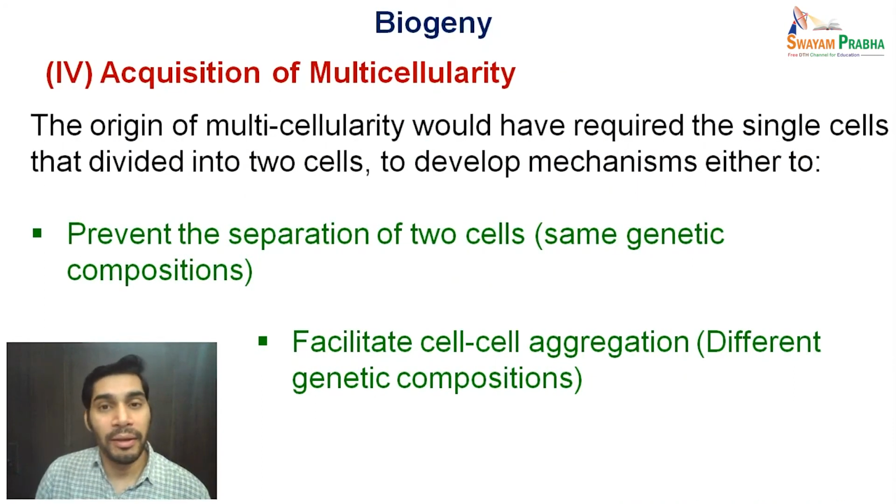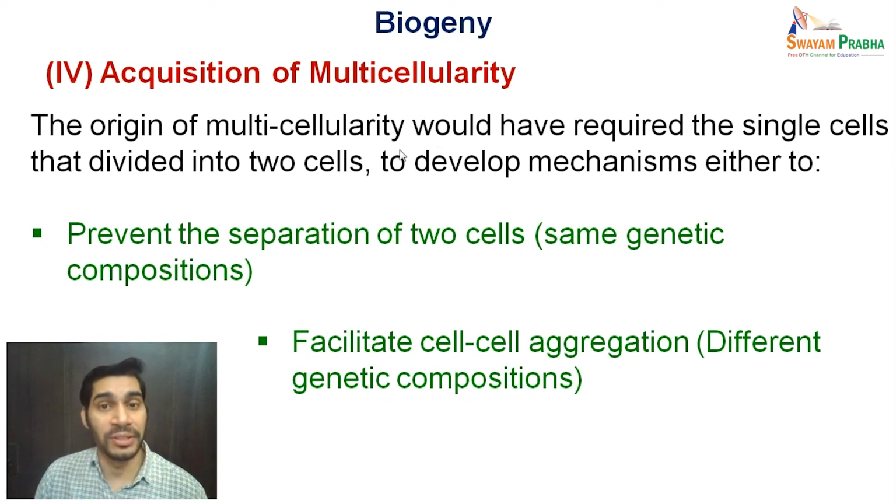Now, once the eukaryotes were formed, remember, they are still single-celled organisms. But now what we see is multicellular organisms. And this multicellularity has various advantages over single-cell organisms. They are much stronger. Strength-wise, they are most favorable. Also, they get protection. So, how was this multicellularity achieved in these single-celled eukaryotes?